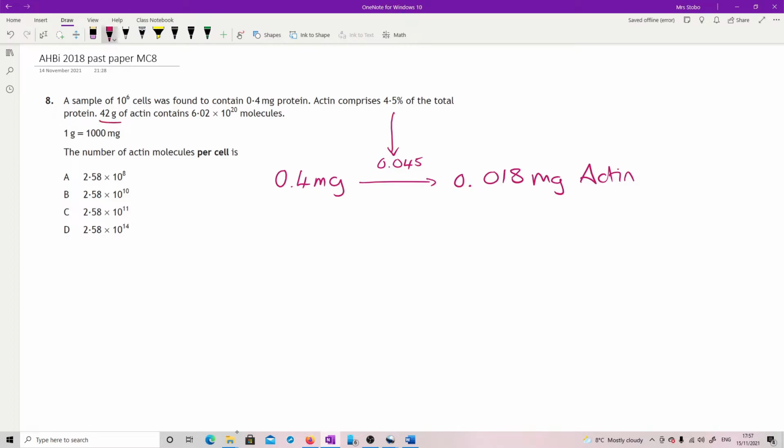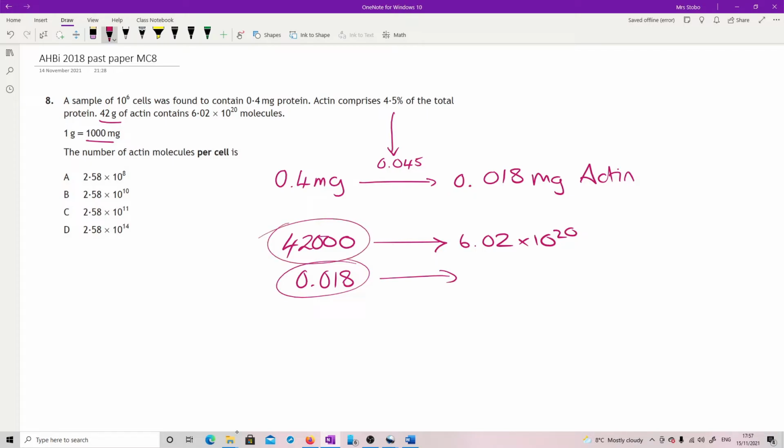So it tells you 42 grams, so that's 42, use the conversion, 1000 mg, okay, gives us 6.02 times 10 to the 20 molecules of actin. So now I plug in my 0.018. Okay, straight proportion, so this one divided by this one times by that one, okay, gave me 2.58 times 10